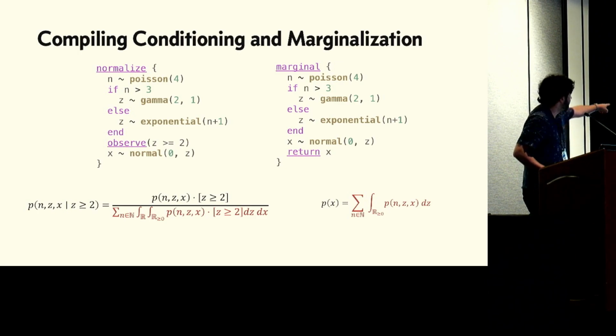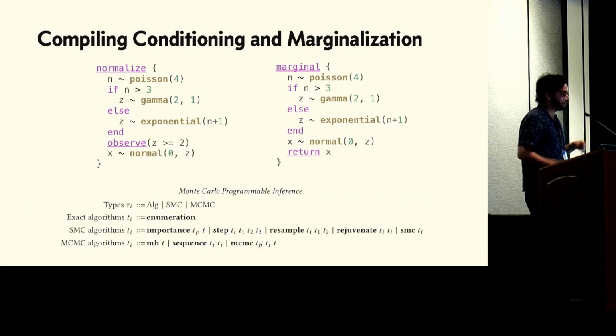If we see a value x that's returned from this marginal program, the question is, what values of n and z could have been used to produce it? And that posterior inference question is one that probabilistic programming people have been thinking about for decades. We have algorithms that are pretty good at exploring the space of executions of this program in order to find the ones that likely lead to x. And not only do we have algorithms for this, we have programmable inference DSLs that let you express these algorithms as terms inside of the probabilistic programming language.